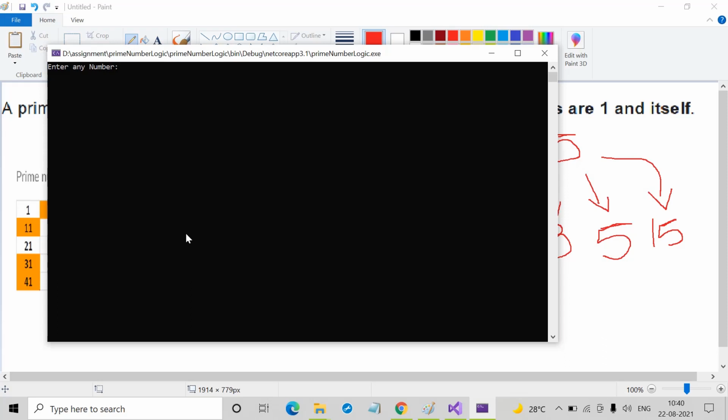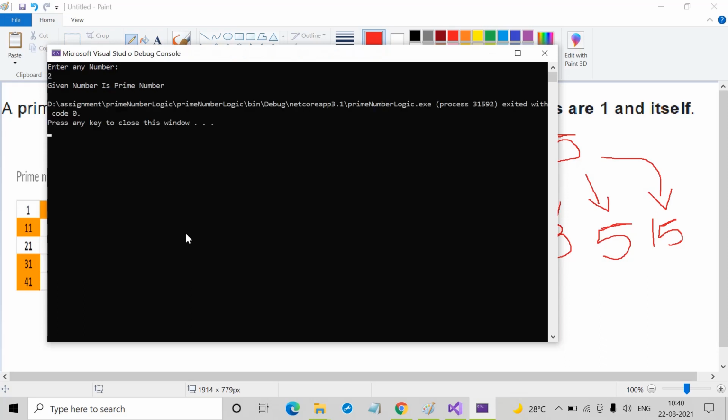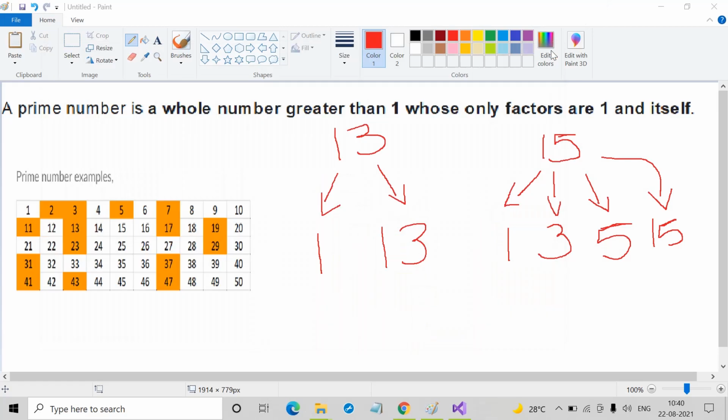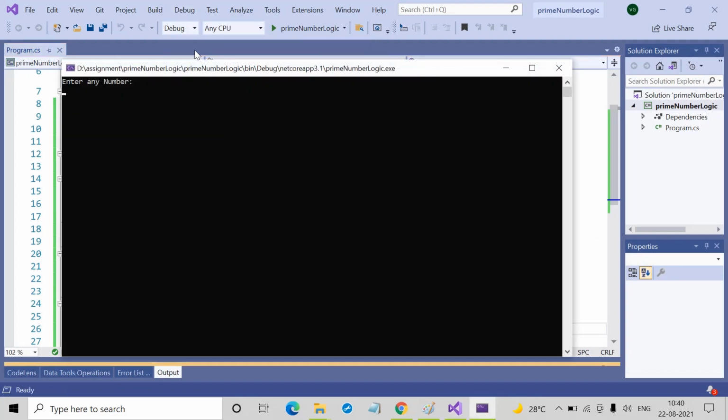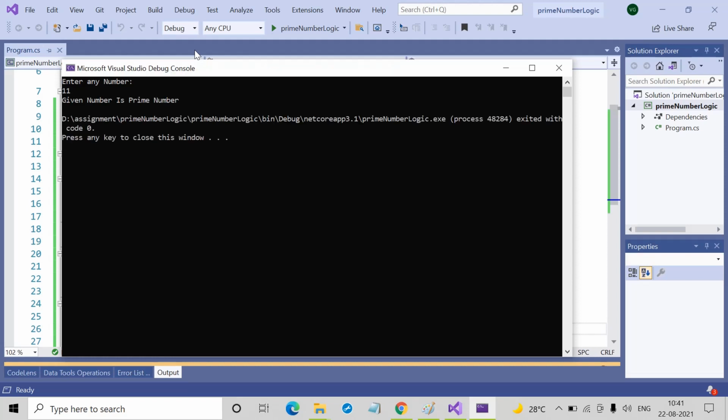If you enter 2, it shows the given number is a prime number. And we are checking another number like 11. Enter 11, and it is a prime number.